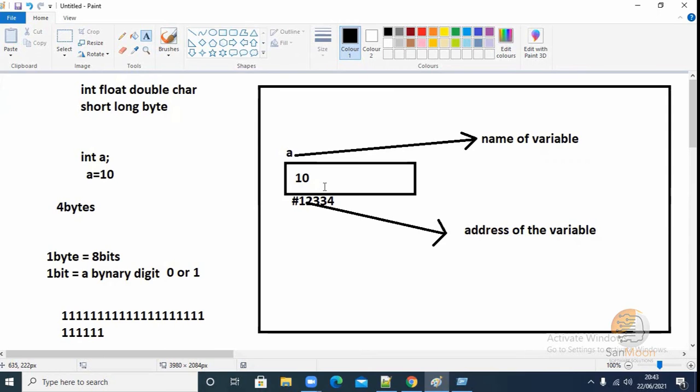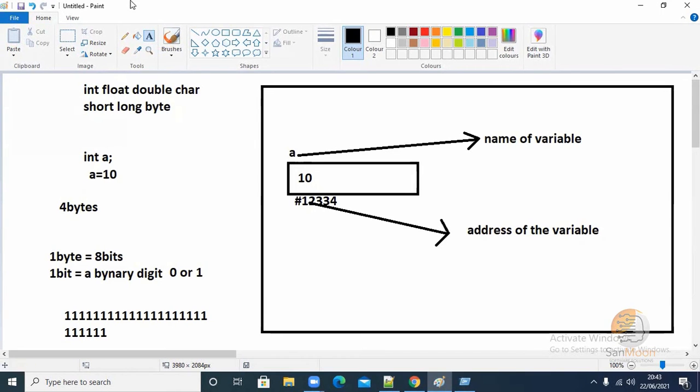But for now, you just remember the name will be there. Using the name, I can access. Access means, like a is equal to 10, automatically it will use it like that. Nothing else. Accessing means I'm just using the variable. That's it. Okay, just remember this. Now we'll come to the array.